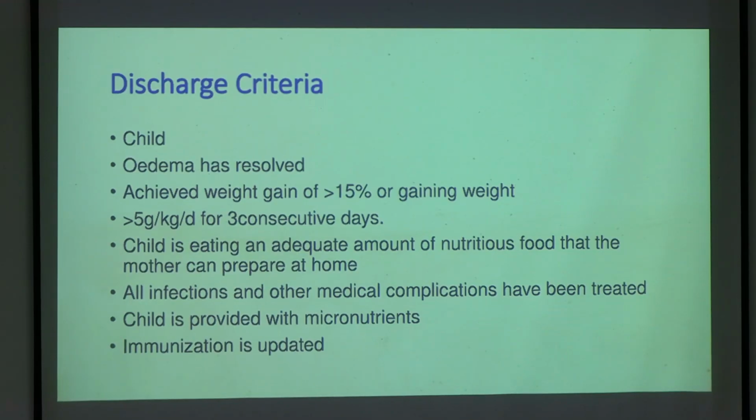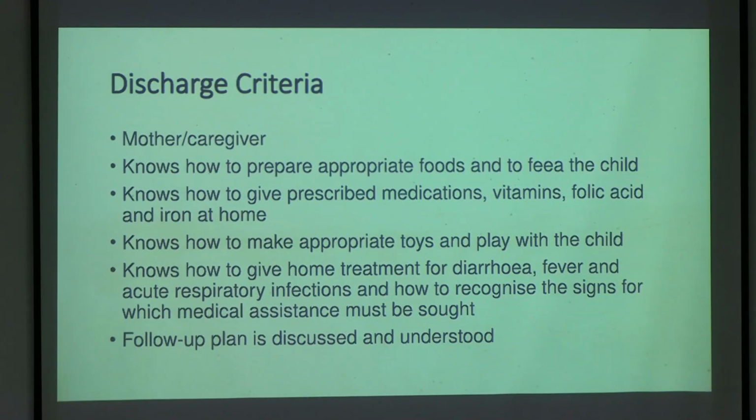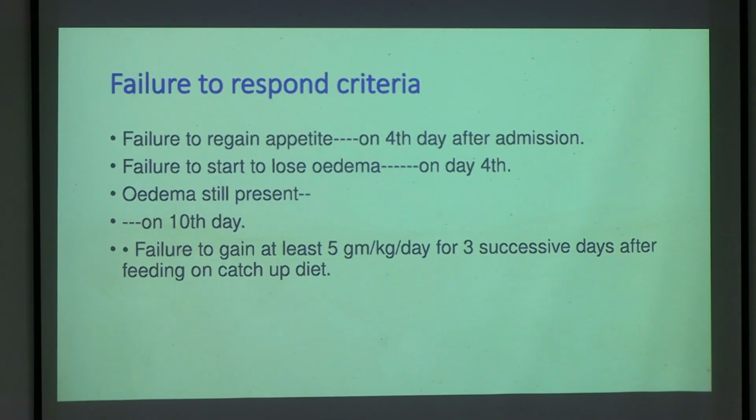Discharge criteria. Edema खत्म हो गया, signs of vitamin deficiency कम हो गया, skin turgor, मतलब if I pinch the skin and leave it, तो ये जल्दी चला जा रहा है. In a malnourished child, it will not go. It will remain there for 2-3 seconds and then it will slowly go. Consecutive days, more than 5 gram per kg body weight is increasing. Okay, immunization is updated. This is the discharge criteria. And mother knows how to make food. Mother knows how to identify infection. That is another criteria. Weight gain formula, I'm not going into that.